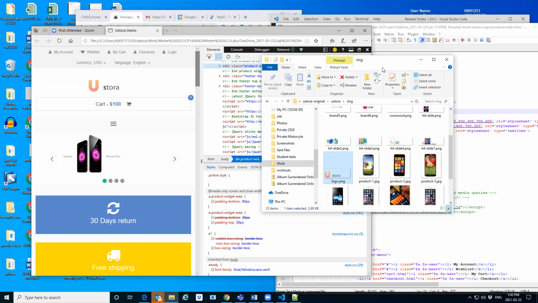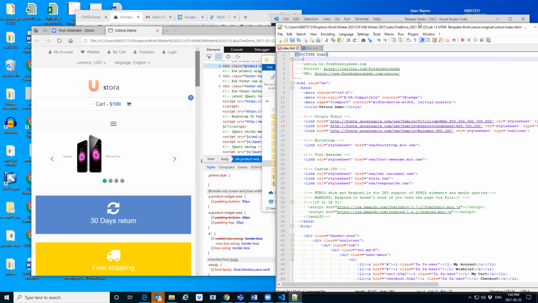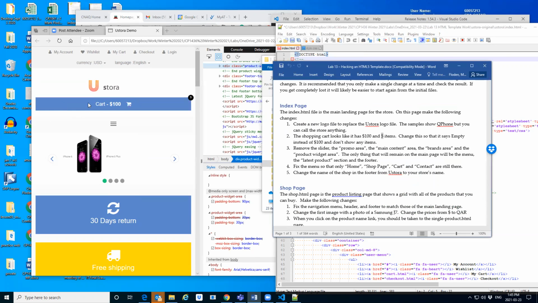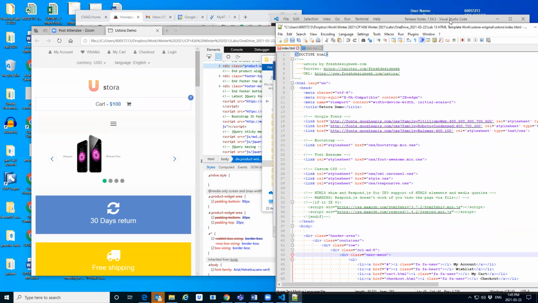So I could do that just by doing a Google search, right? You know, you go onto Google and do a search for an image that looks good. Just don't steal somebody's copyrighted image. That's what I recommend. Then the next thing it asks you to do is to change some things in the shopping cart. So you see the shopping cart here. The cart is there. It's got $100 and it's got 5 things up here in the corner. So if you could find the cart in your code,